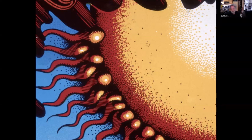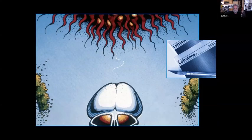So that red one, he drew it solid and then came in with an X-Acto knife and scraped it away to get the blend from the yellow to the red, as well as all of these dots, hand dots like this, with a rapidograph, most likely. And then the sign of his genius here is that